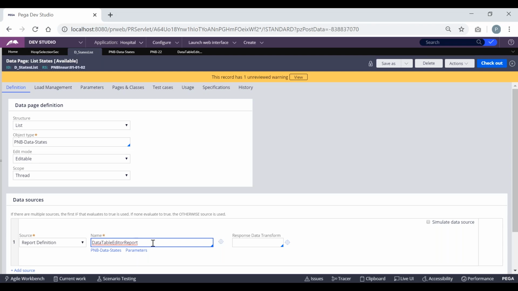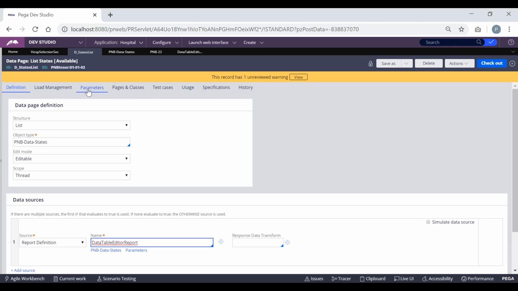If I'm just using a data page, ultimately we'll be getting data from the report definition, and from this report definition the data will be copied into this data page, and the data page will be maintaining that shareable strategy. So that is the logic behind it. Whatever value I select has to be passed as a parameter to this data page, and the same parameter value has to be passed as a parameter to this report definition. Then only will we be able to get the data. Now let us do that.